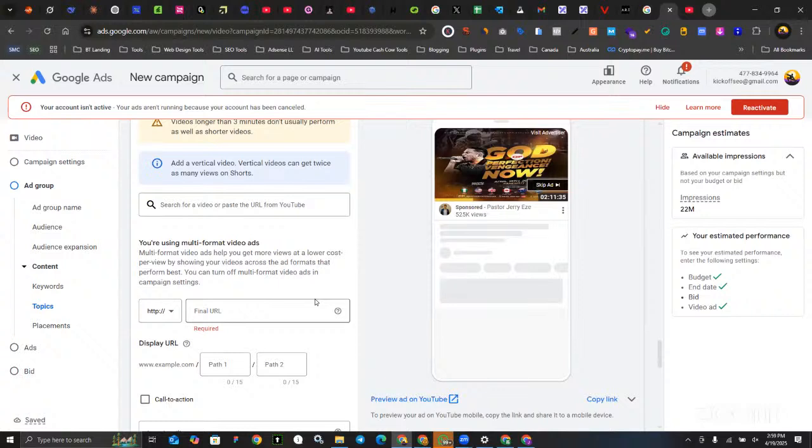And this is the total impression you will get based on the amount of money you've put on the ads campaign. Okay, 22 million impressions, which is a very good one. By the end of this impression, the ads should have a very good conversion. So the URL where you want people to go, let's just